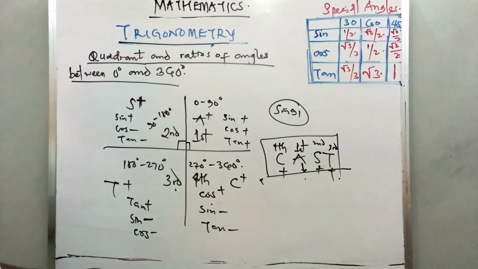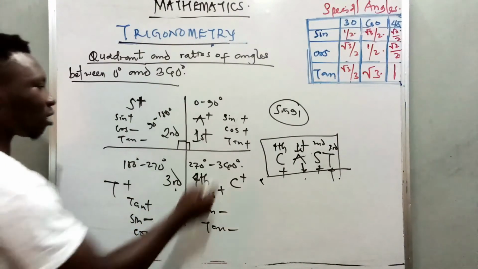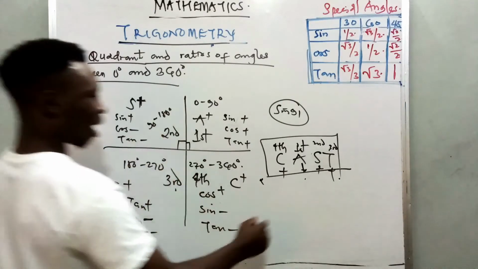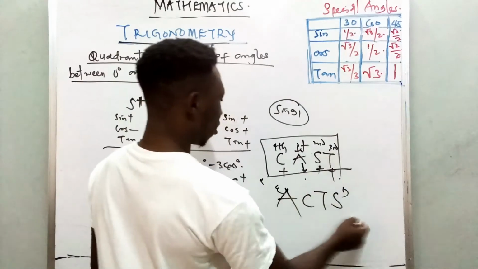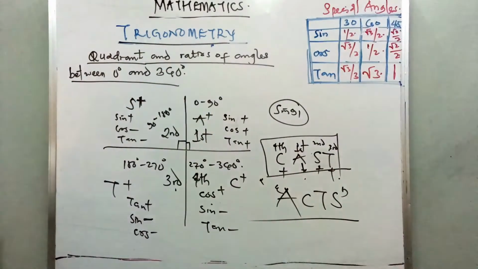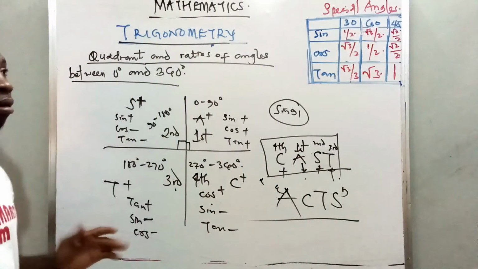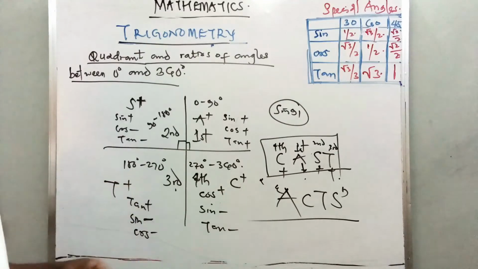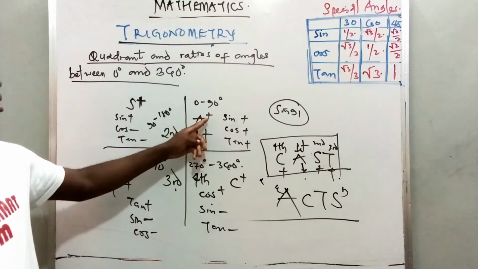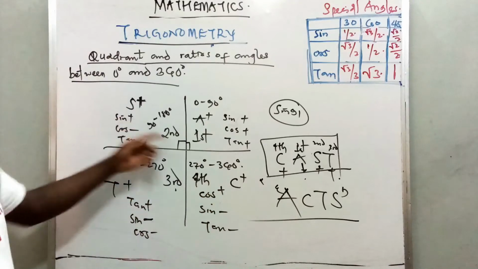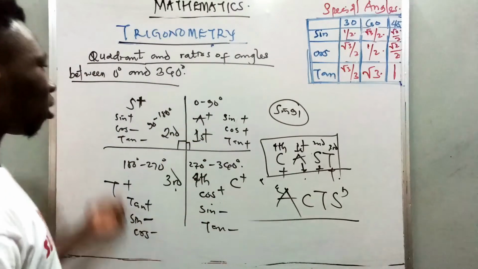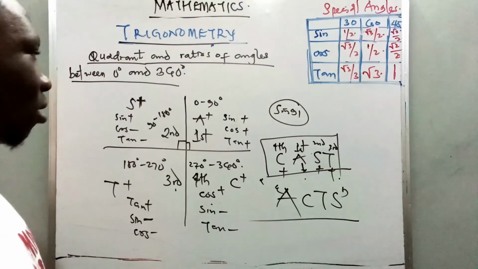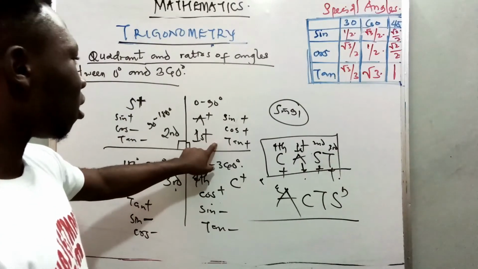If you don't represent it using C-A-S-T, you can use A-C-T-S, acts. So whichever you want, so far you are able to represent it in the way you understand. But if you are going like this, sorry, this is in its clockwise direction. As you're going to take